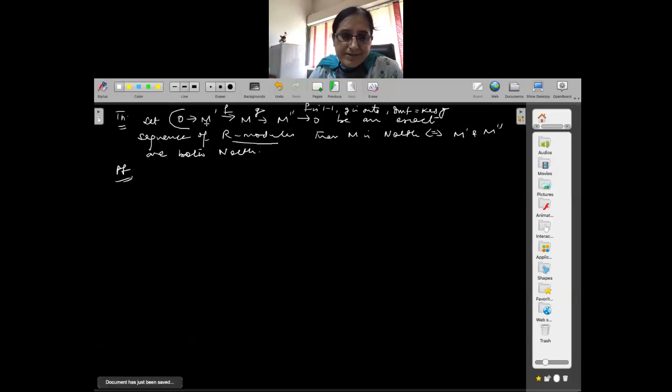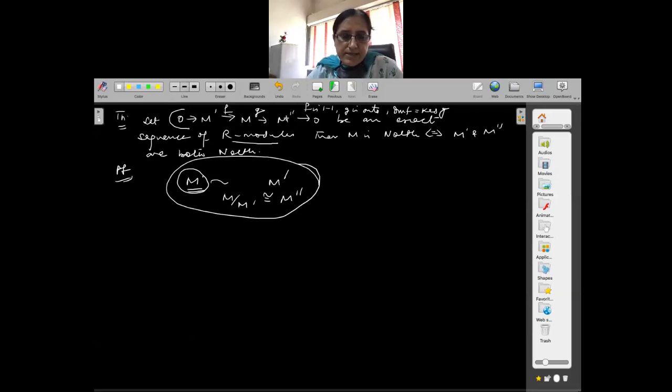And G is onto means M modulo the image of M dash is isomorphic to M double dash. So essentially, M is an R module, in this R module you have a submodule M dash, and M mod M dash is isomorphic to M double dash. If this happens, then this is an exact sequence.